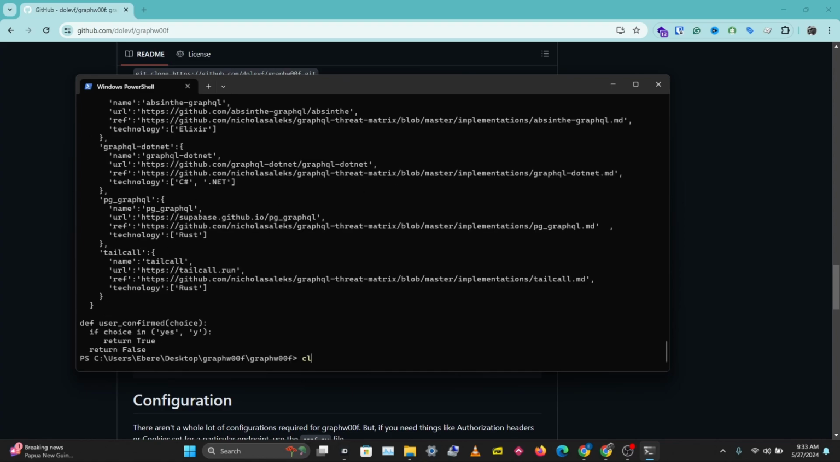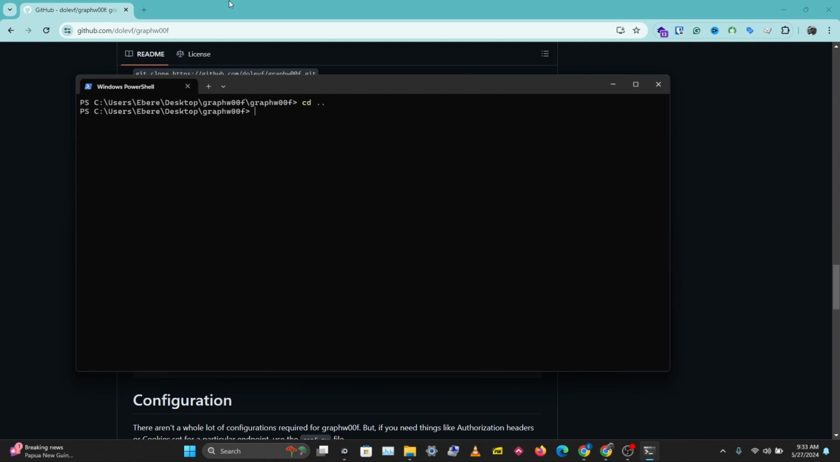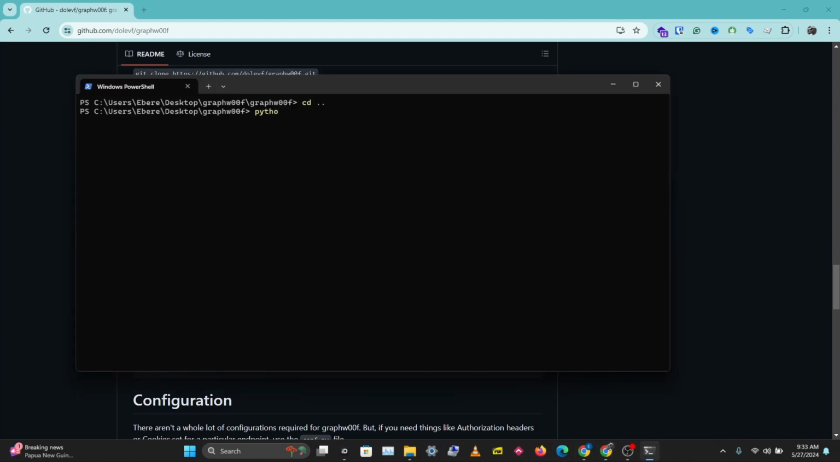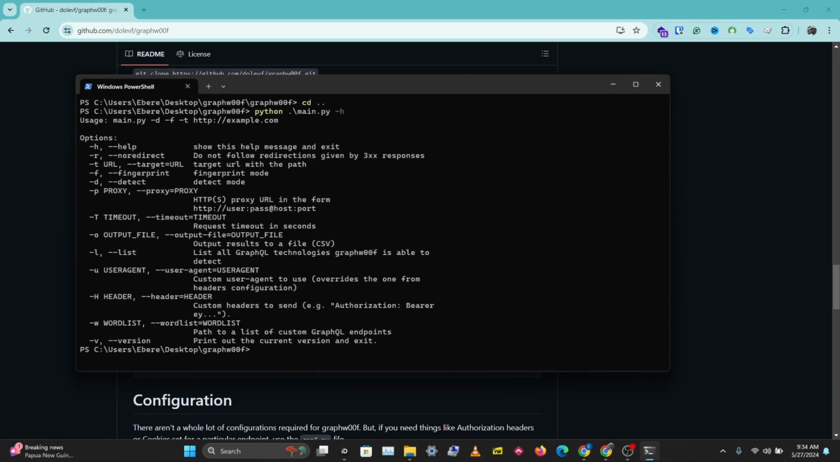So let's clear this and let's go back and let's see how we can use this. So main.py -d, so D is detect mode, and F is fingerprint mode, then T is for the URL, the target URL, and that's the basic options you have here. Python main.py -h, so we can show the help options here, and let's just run this